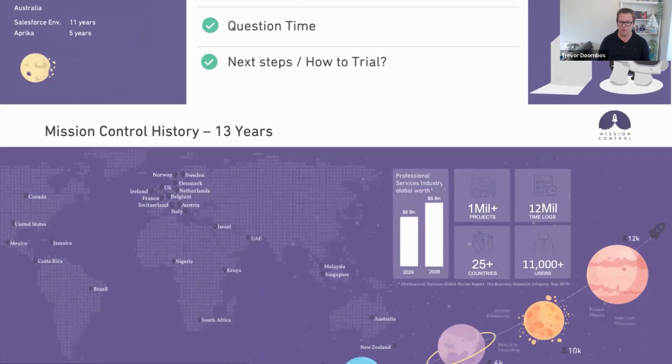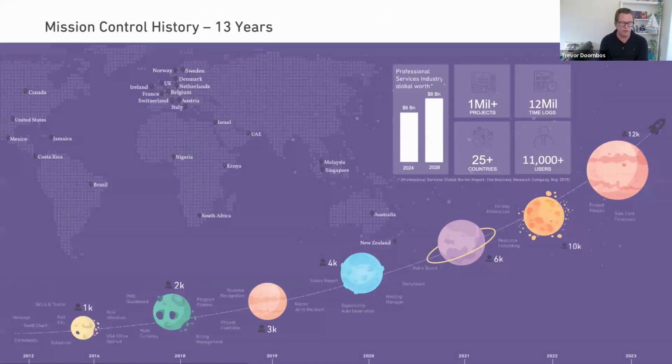Quick history on Mission Control. So celebrating 13 years on Salesforce App Exchange, Mission Control started as an internal application for our company, Aprika Business Solutions, to manage our implementation projects as a Salesforce systems integration partner, solution implementation partner. Over the last 13 years, that's grown from quite a simple project management solution into a full-fledged professional services automation solution. So everything from managing people, projects, resources, costing, expenses, billing, all the aspects that you need to run a